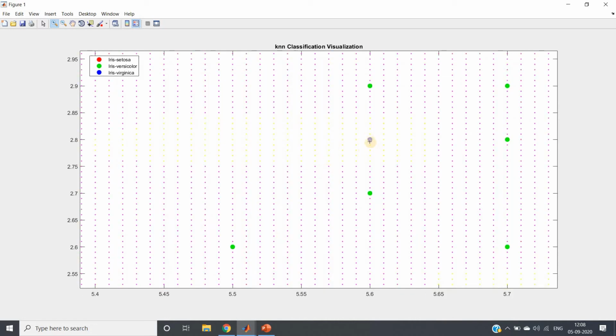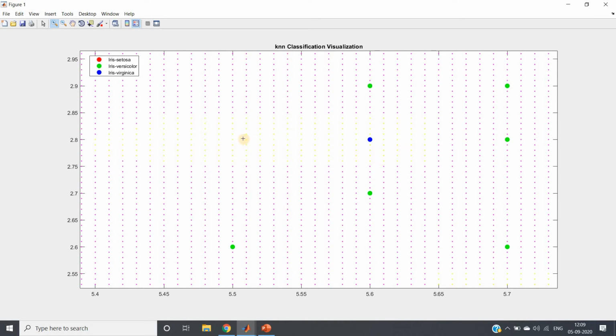You can see one blue data point, IRIS Virginica, which is kind of an outlier with respect to our dataset, because the rest are green, IRIS Versicolor. For one particular sepal length and sepal width, this Virginica came into the Versicolor region, and due to this single data point acting like an outlier, all this region has become yellow.